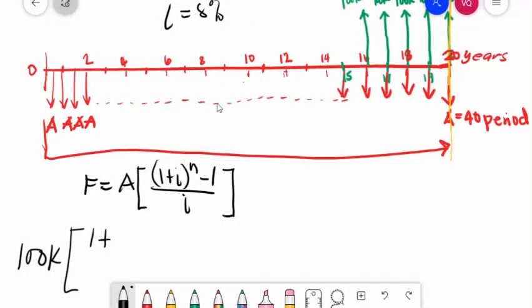It is 0.08. This is yearly. The last 5 years, so yearly, not semi-annually. So, no need to divide this one. Our n will be 5, minus 1, all over 0.08